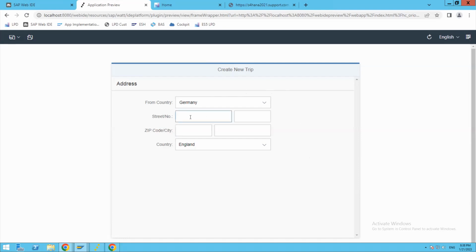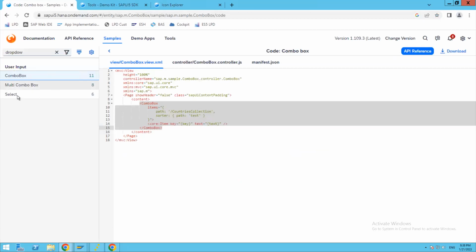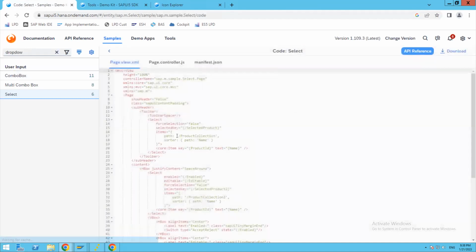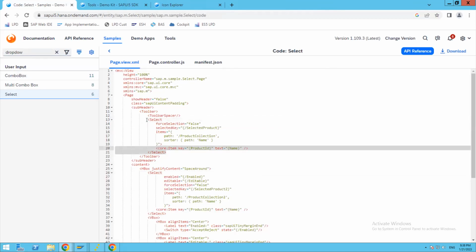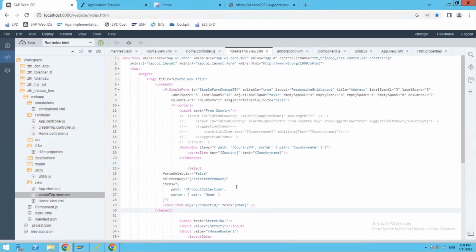Okay, so similarly, we will be creating two country, state, regions, and so on. For those, we will be using the select again. So for two country, let us go ahead and implement the select. Go to select, and in the select again, copy this one. Yeah, select. Let's go ahead and paste the select logic,